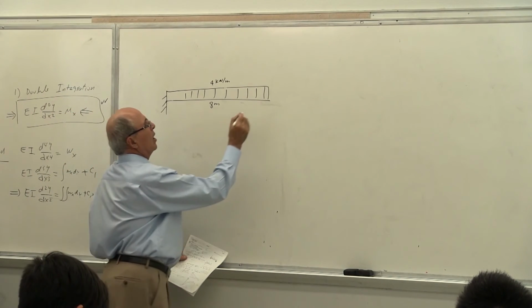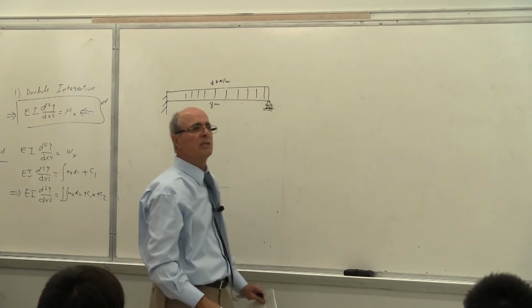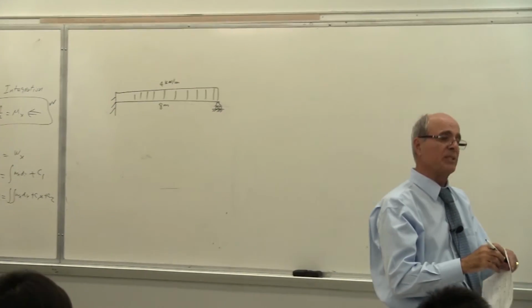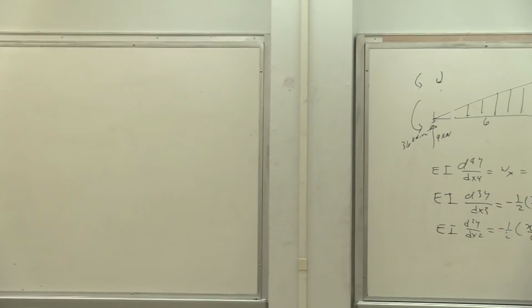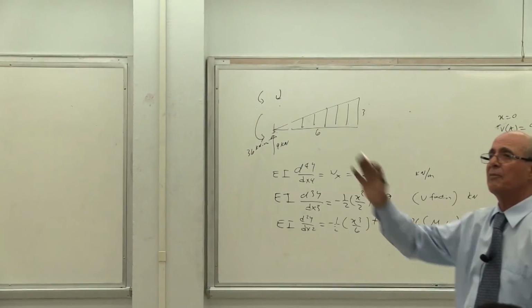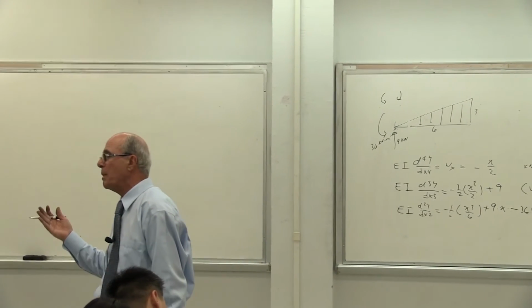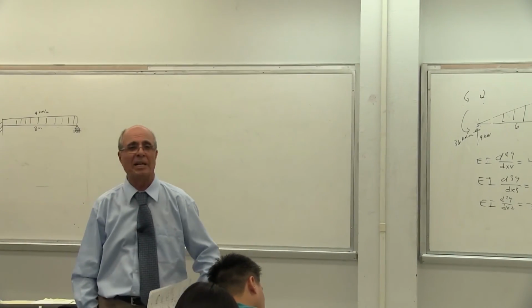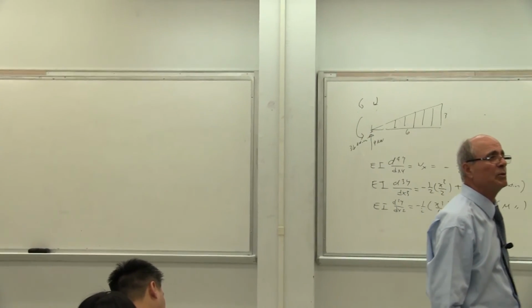As soon as I come and put another support here, don't ever try to do this by statics. Although I'm saying it in every class, and I have said it in every class in the past, I always find 1 or 2 or 3 students who solve this problem by statics and find out RA and RB and M by some magical formula. I don't know what that magic is, but I know that if they do that, they are entitled to a Nobel Prize.